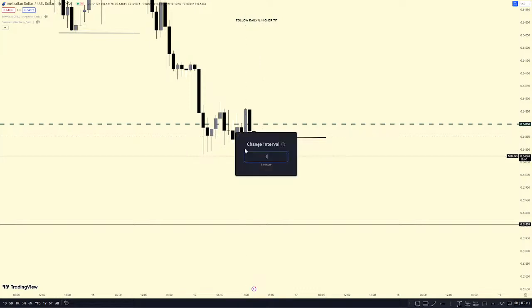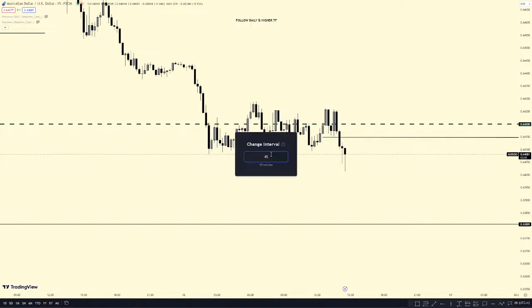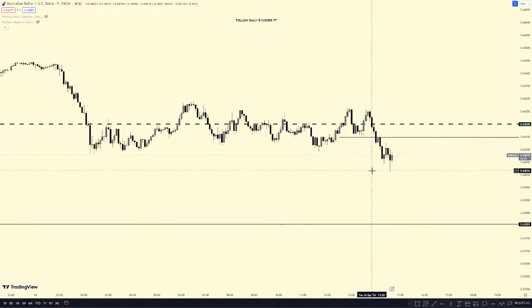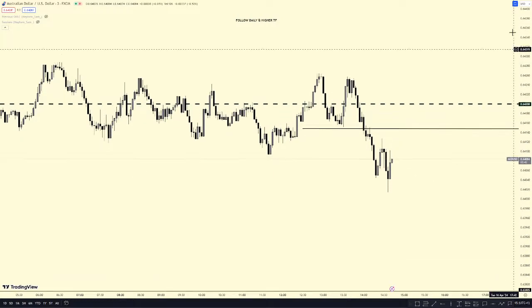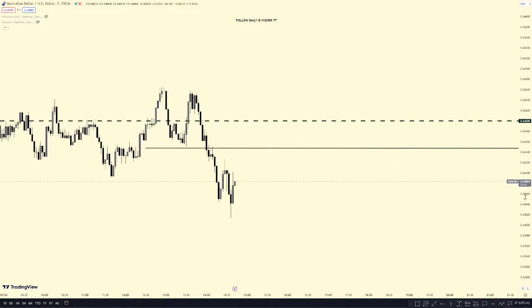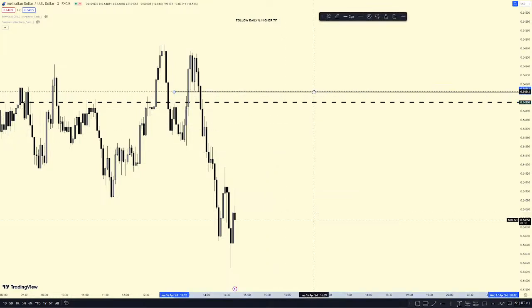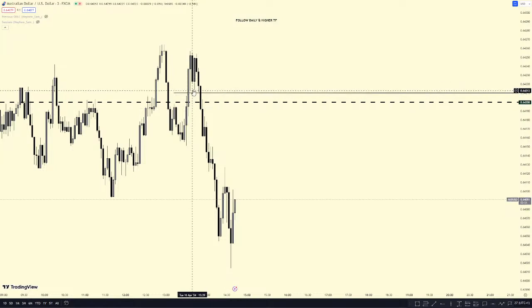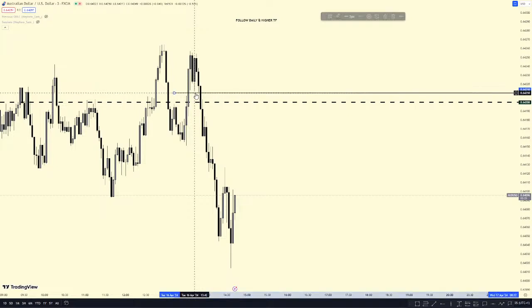So what I'm going to do is I'll just go to maybe the 15 minutes for refined entry, or 5 minutes. Let me go to 5 minutes for that refined entry. And okay, I think I can still go down. Yeah, and then see it here. That's my refined entry here. If I'm wrong, I'm wrong. If I'm right, I'm right. You see that? Because this is the lowest high. I'm sorry, the lowest low. This is the prime, a low. This is the lowest prime here.